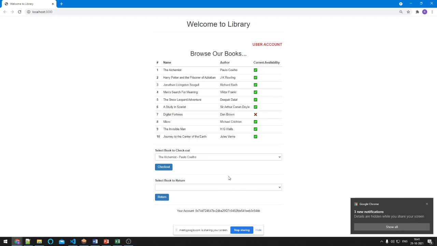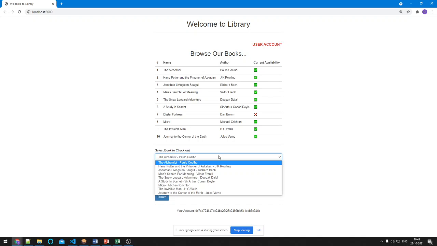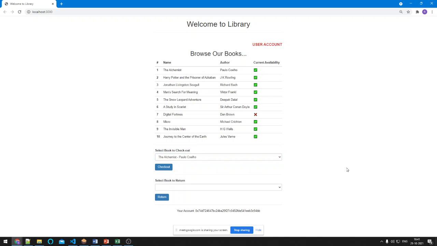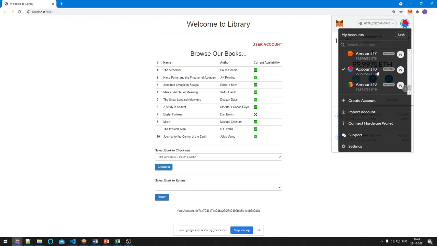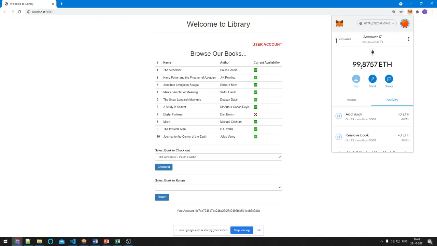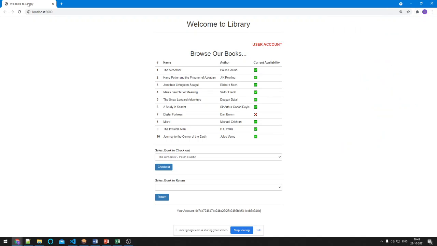Now the admin who has received the book feels the book is no longer in good condition for lending it out anymore. So the book has been damaged. Can we switch to the admin account and try to remove that book Micro from the library? Yes, let's log in as the admin user.